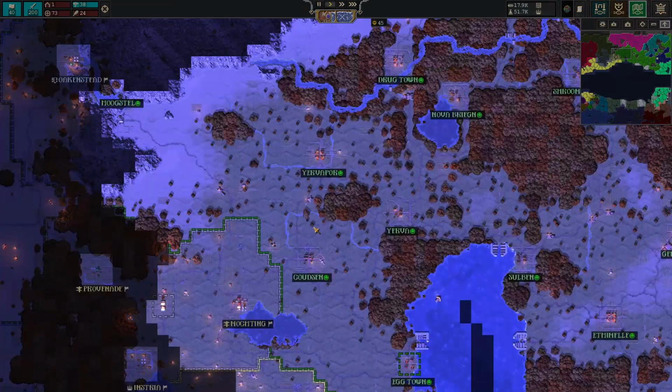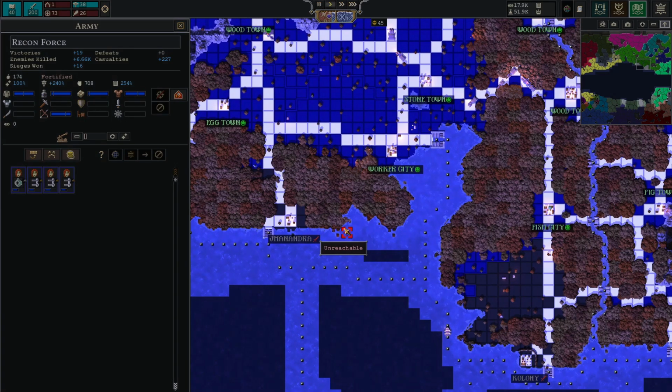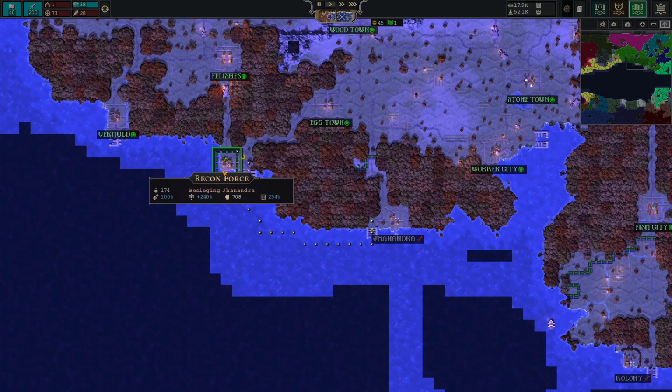And then we're going to go to the world map here, and let's look for the recon force here. Recon force was trying to capture this region, and now that the walls are gone, we can actually send them back in. Recon force essentially is